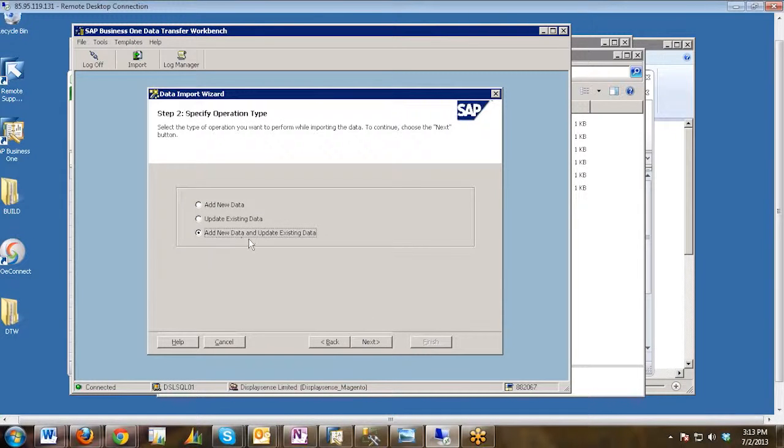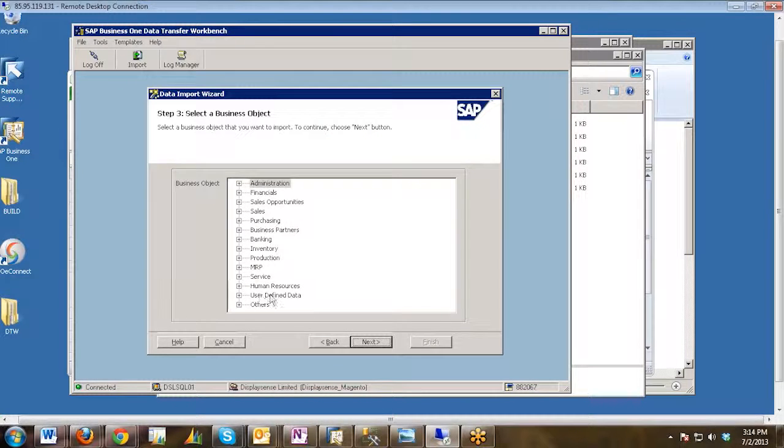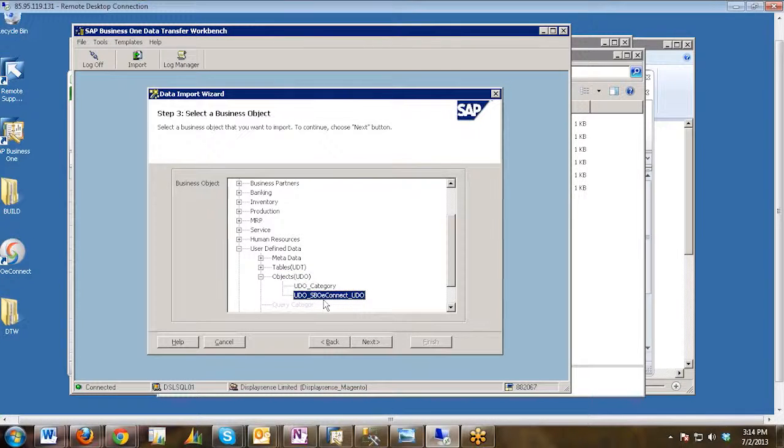We will check add new data and update existing data. And here we need to use the UDO of UDO underscore SBO connect underscore UDO. This is the SBO connect UDO, okay, that is object of SBO connect. So we need to choose this option,